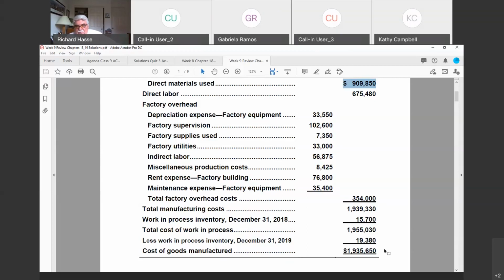Management's ego. They think they know everything. They know squat. Number one. Number two, we don't understand the market that we sell our products in. You don't understand the market. Who are our customers and why do they come to us? And number three, we don't have a handle on our costs.